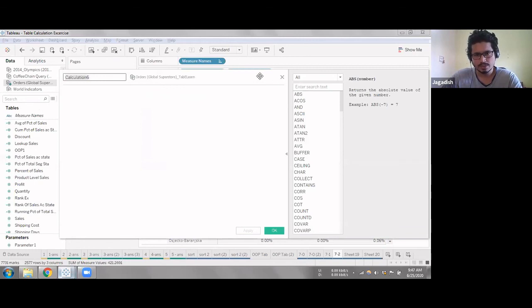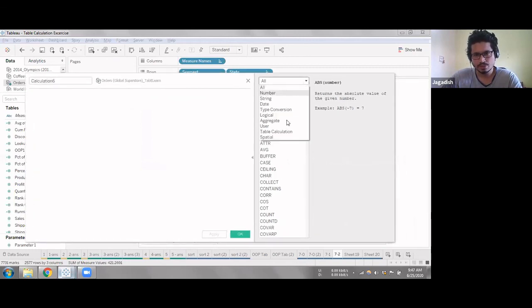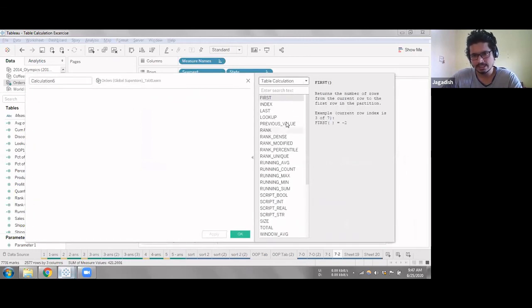When I go to a calculation field and get table calculations, all the functions you see here, and all the quick table calculations in the default options, can also be created using these functions.